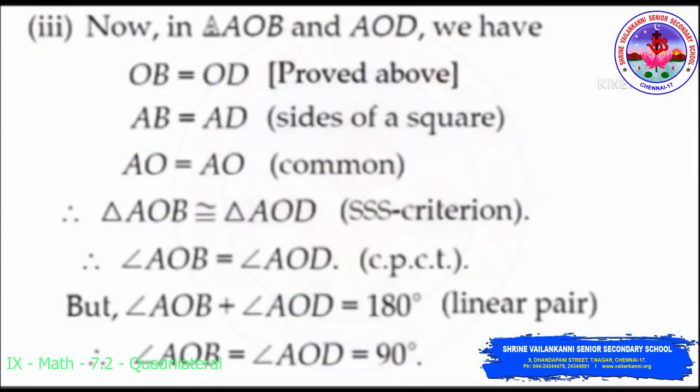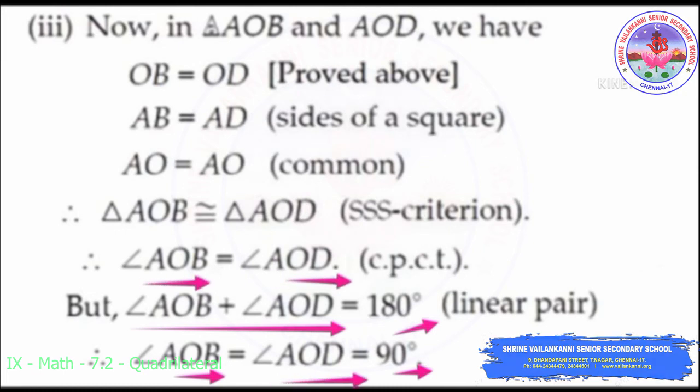Now I am going to take the diagonal BD. AO stands on the line BD. I am going to connect this with the linear pair. So I am writing angle AOB plus angle AOD is equal to 180 by linear pair. I am going to replace my angle AOD as angle AOB. I will be getting 2 times angle AOB is equal to 180. So AOB is equal to 180 divided by 2. I will be getting 90. But my AOB is equivalent to AOD. So my AOD will also be equivalent to